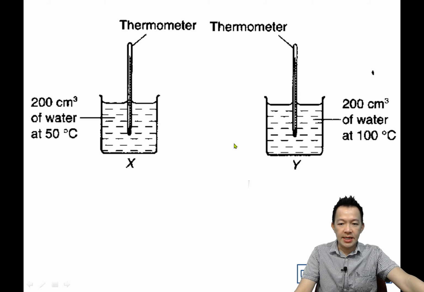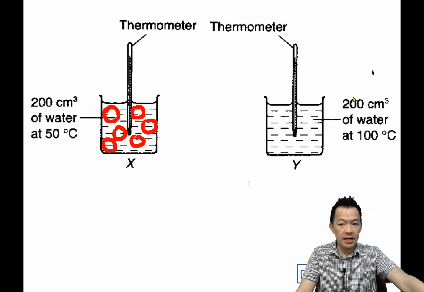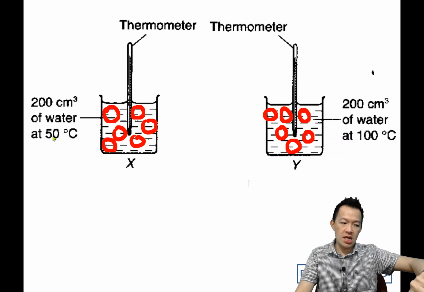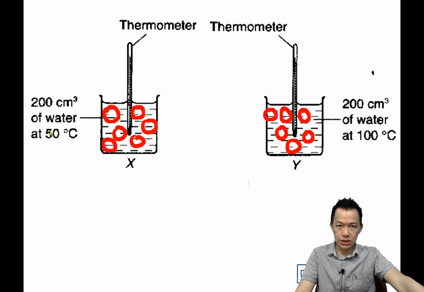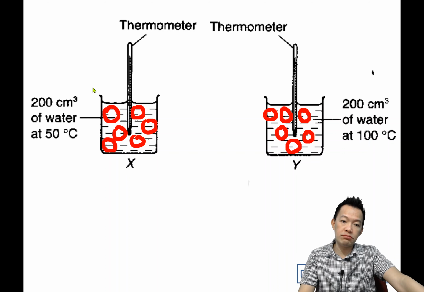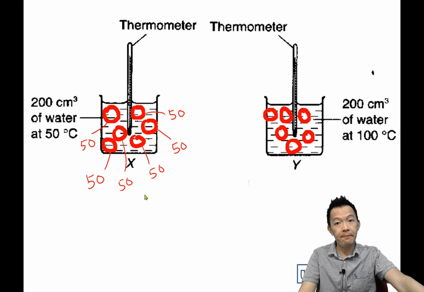Second example,下一个 example。Now I have two beakers X and Y, 200 ml, 200 ml. Okay, so let's say 200 ml is 6 particles, another 200 ml must be 6 particles,是不是？And the temperature for the beaker X is 50. Okay, so 50, what is meant by 50? The average energy per particle,就是平均每一粒 particle 的能量是多少？每一粒都有50了。